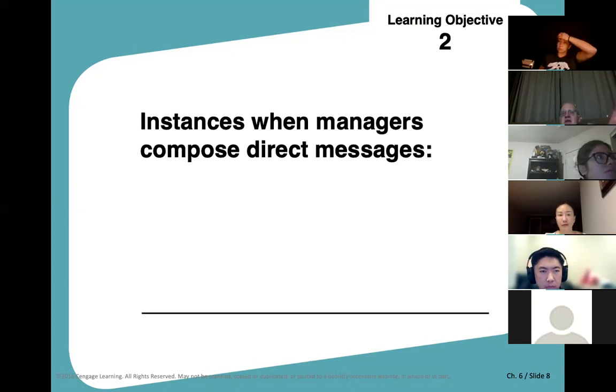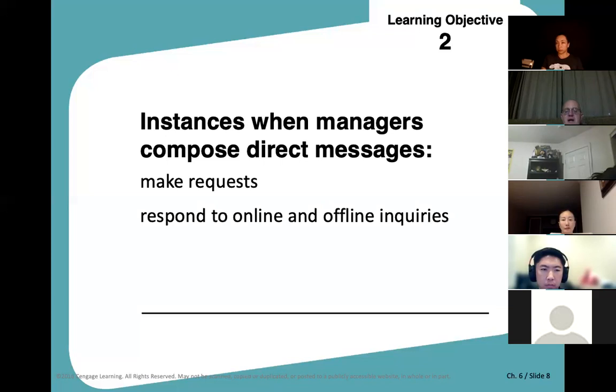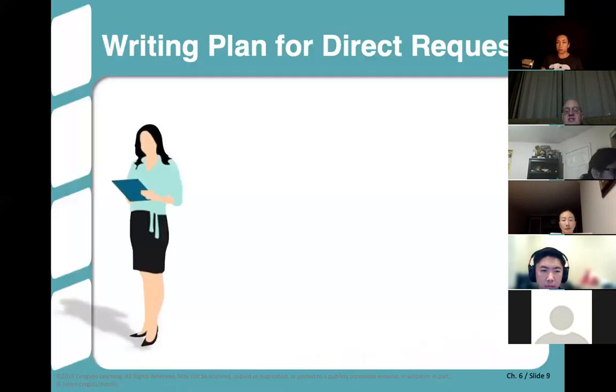If you think that it could be anything worse than a neutral response, from neutral all the way down to absolutely upset about what you just communicated, you want to take an indirect path. And we'll talk more about this in a moment. But tonight, we're talking about direct communication because we have positive messages to share. So these messages could be ones that make requests. You're responding to questions. Maybe you're delivering step-by-step instructions.